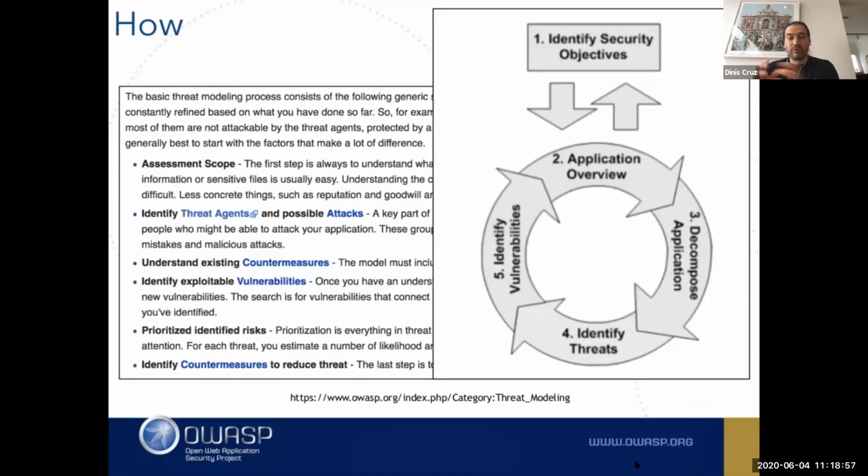We look at the app, we decompose it, we map the threats, we identify some vulnerabilities, we map the risks, very important. It's also very important to take into account the threat actor, which is something that I want to do. And that was a great session on Monday where we're going to be able to create some cards with the threat actors. And I think it's very powerful to also understand who is attacking who here, right? Or who is the threat?